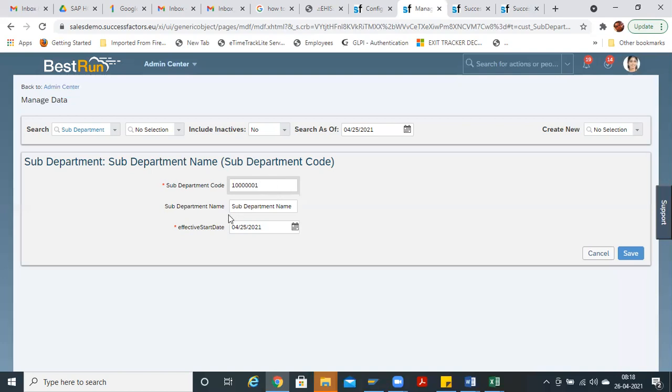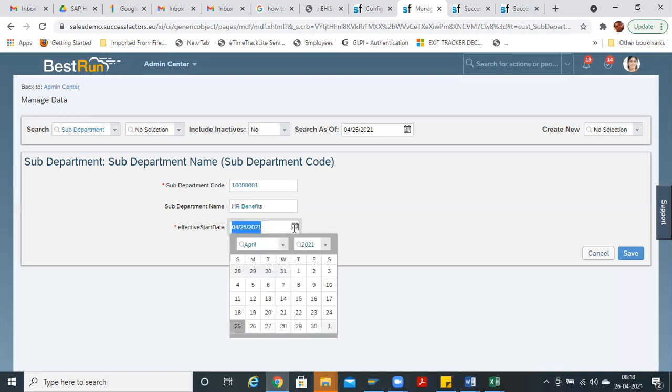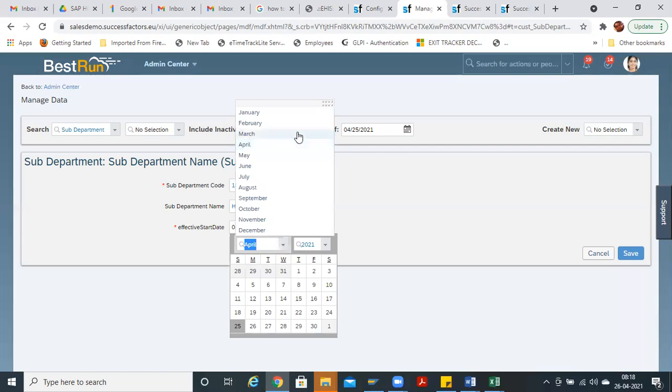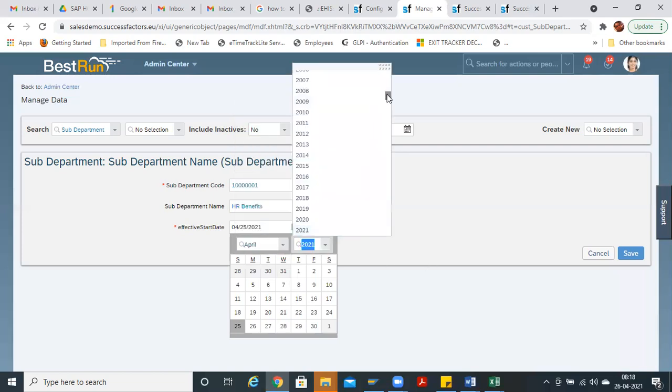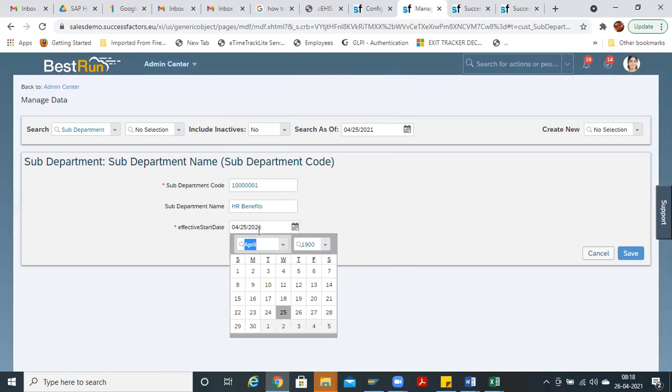Now after the code you can give the sub department name, HR benefits, effective dated. Make sure you give it effective dated long back, because sometimes you may hire a backdated person, and if you want to give this department to them, it may not show.